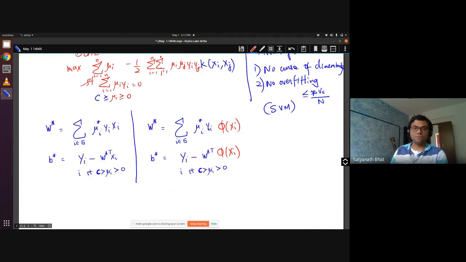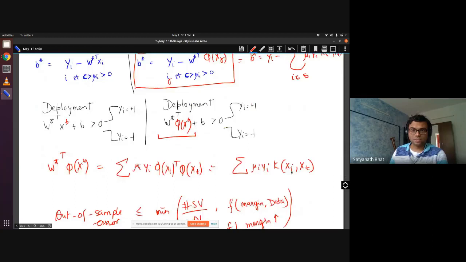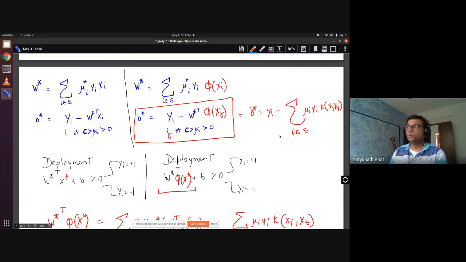Okay, so that way we are actually making our life easy by doing this. So now it is easy. The number of support vectors, you know what they are. You know what is mu i, you know my yi, you know xi. The test point anyway, you compute this, you'll get some number. To that, you add the B star that you can compute also.